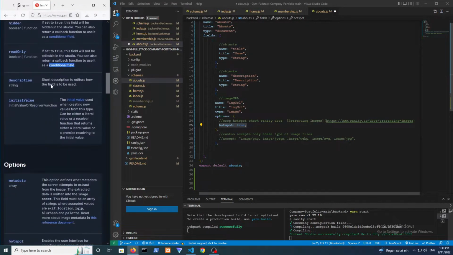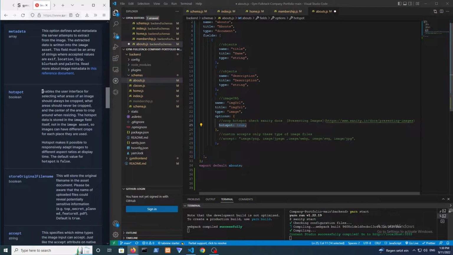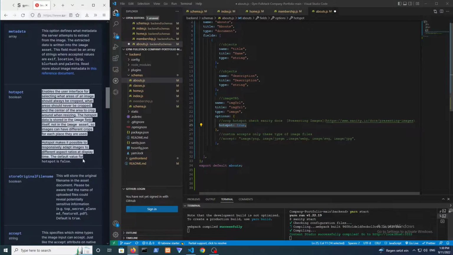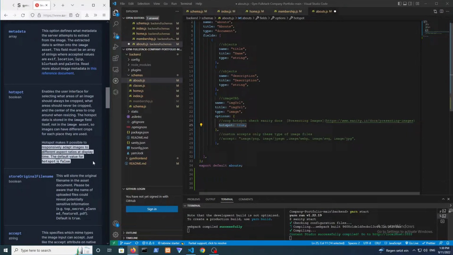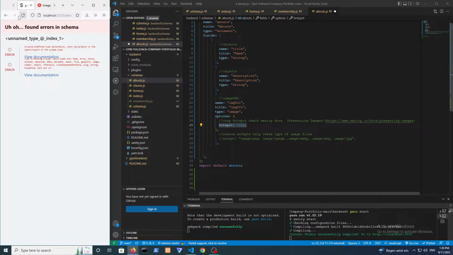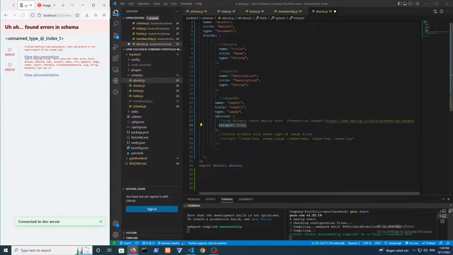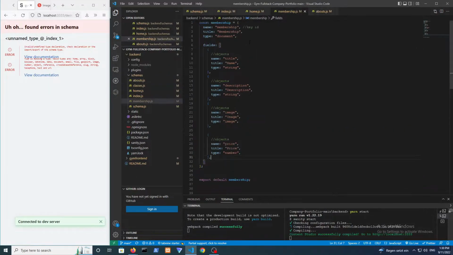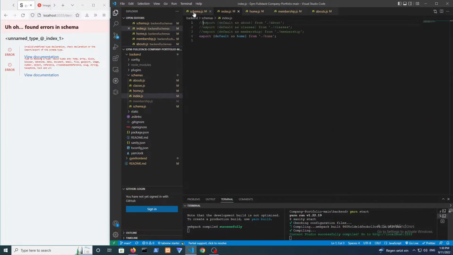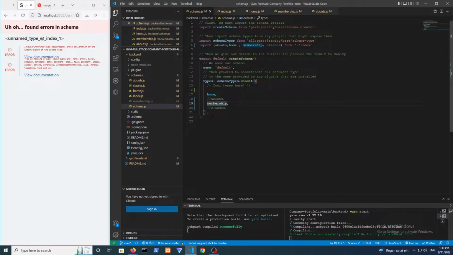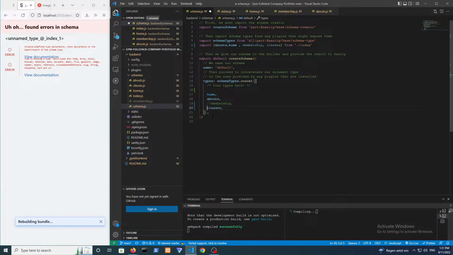crops the image as you like. If you check out hotspot, that is a Boolean value that enables the user interface to responsively adapt images at aspect ratio. So basically, it's just responsible for cropping the image. Again, the same error. That is fine. Okay, so let me comment out the membership right now,